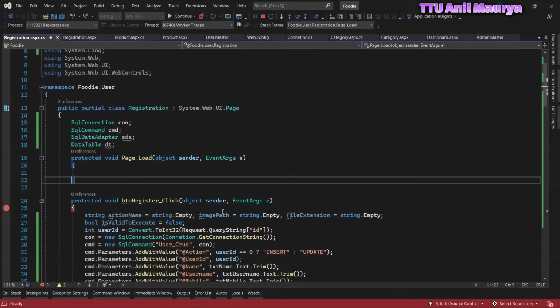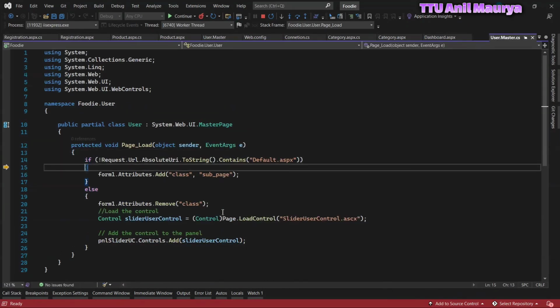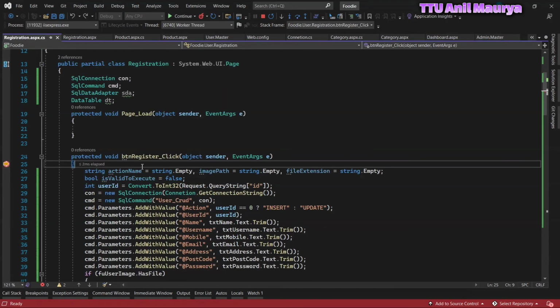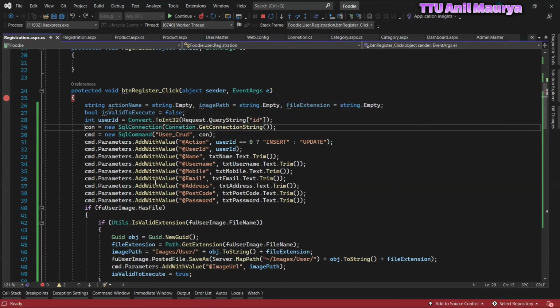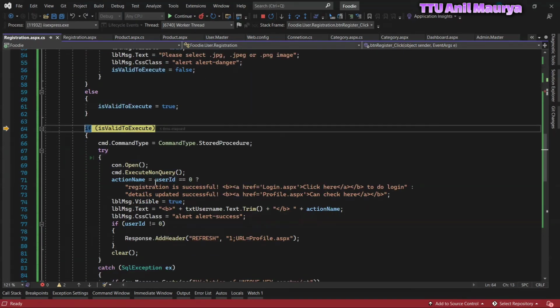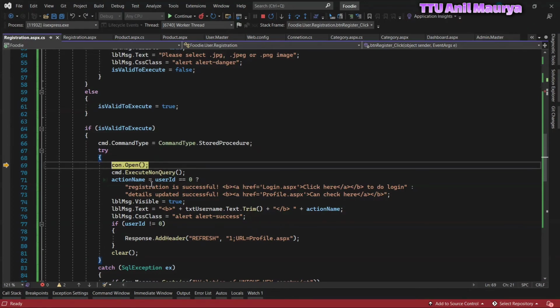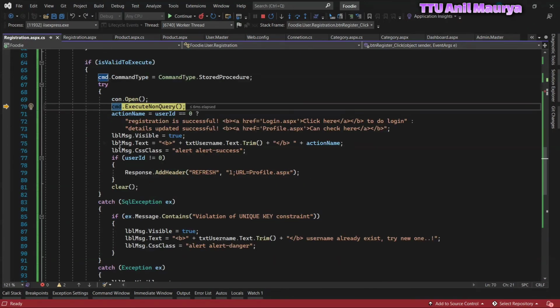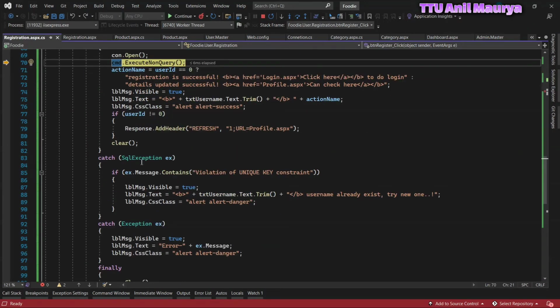This time we came to the button click event. Press F10. When it is about to execute this stored procedure, after this it is going to throw an exception,